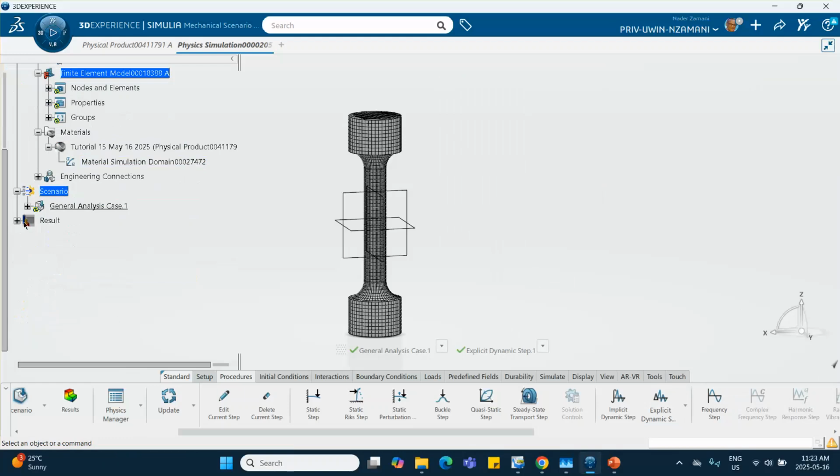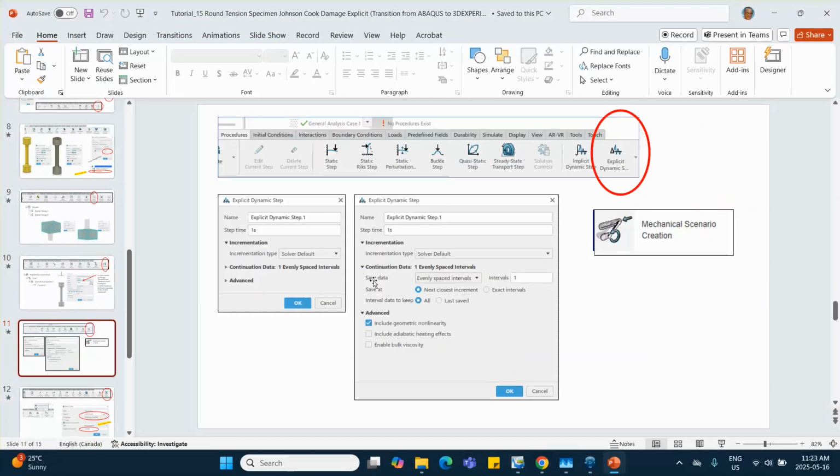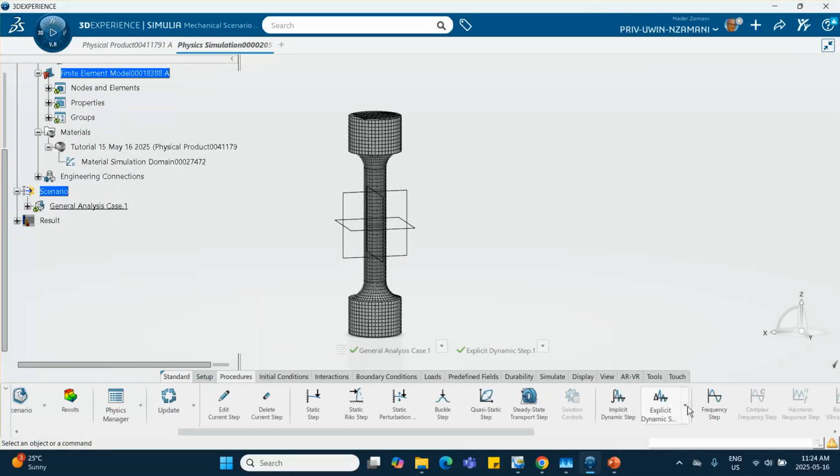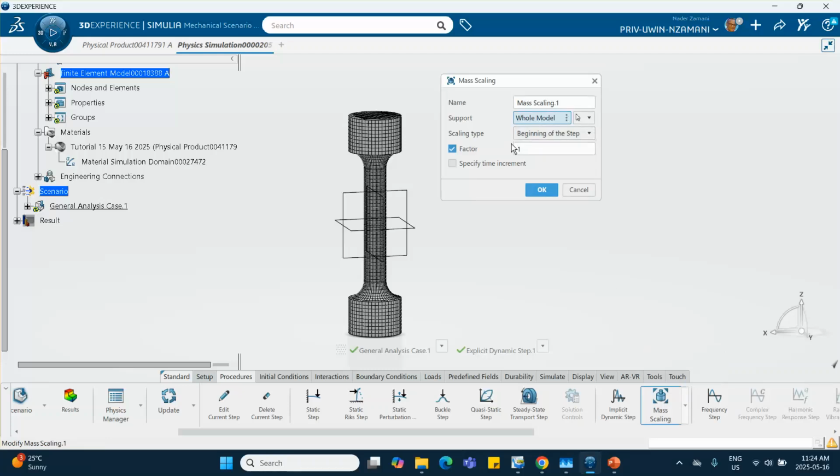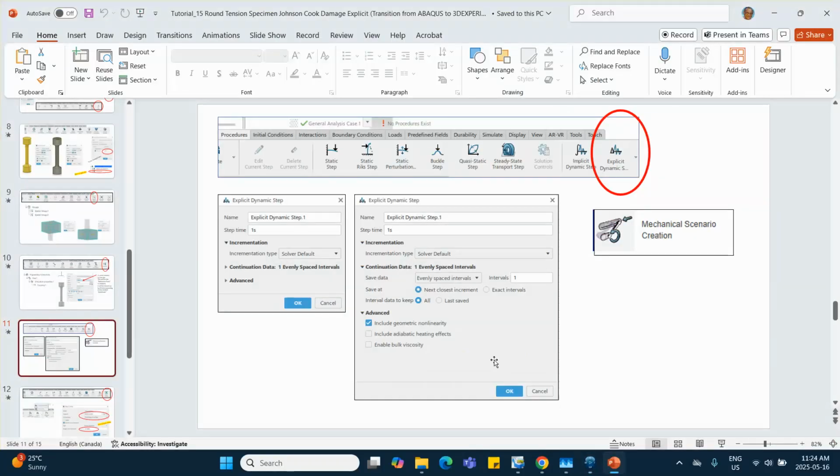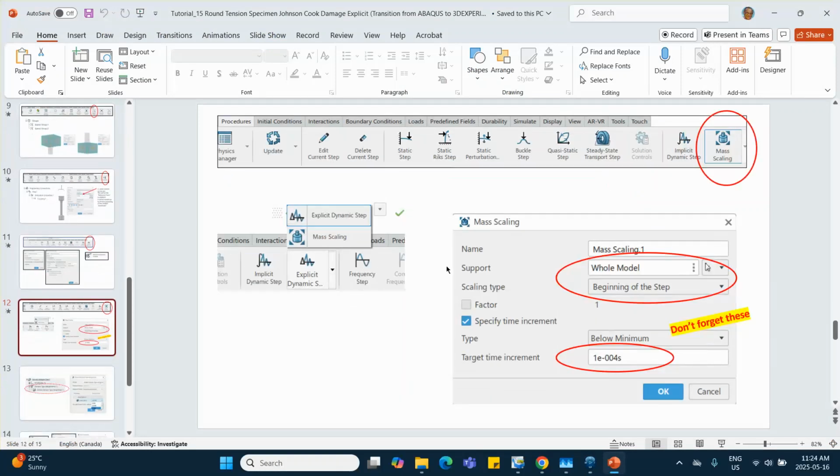So we did it. Then we are going to create, let me see for a second, according to the slides here, mass scaling. We're going to do mass scaling. Get the mass scaling thing. So we go there, mass scaling. Now, if you look at this slide,